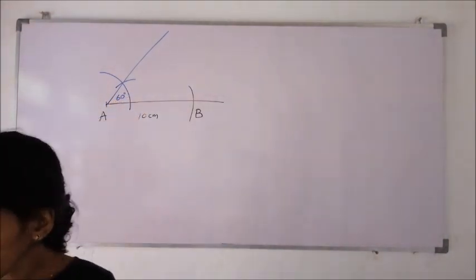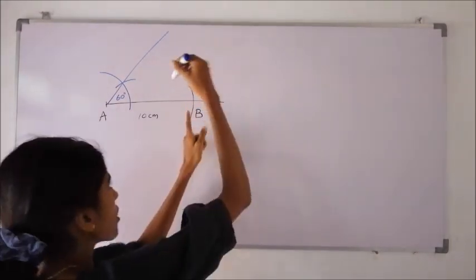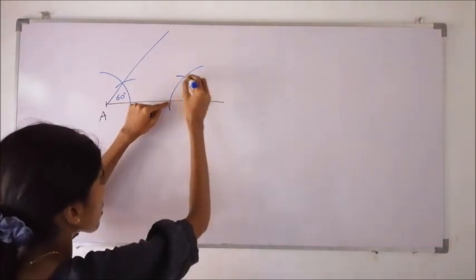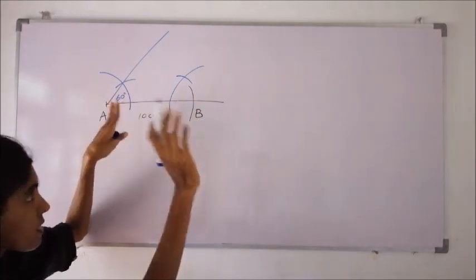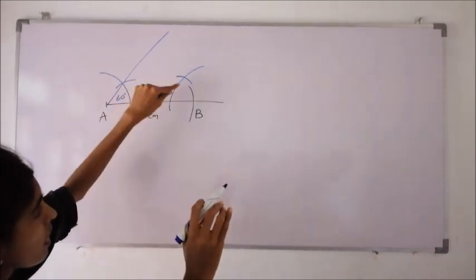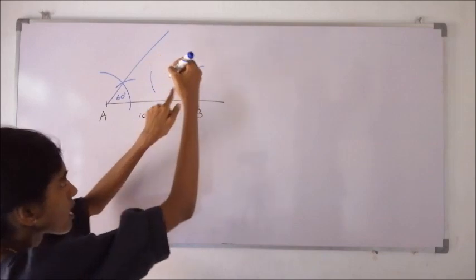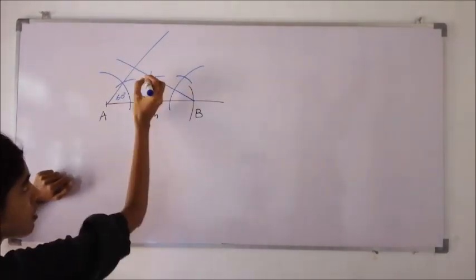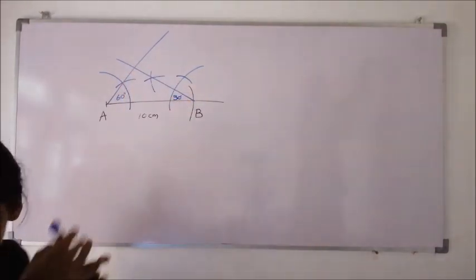Next, at point B, we need to construct an angle of 30 degrees. At this point, from this side, we will draw an arc segment. Go to this new point. After intersecting this, we get 60 degrees. We don't want 60, we want 30. How do we get 30? By angle bisection. Go to this point, draw an arc segment. Go to this point, draw another arc segment. Right. Correctly, you need to join the points. Right. This is 30 degrees.